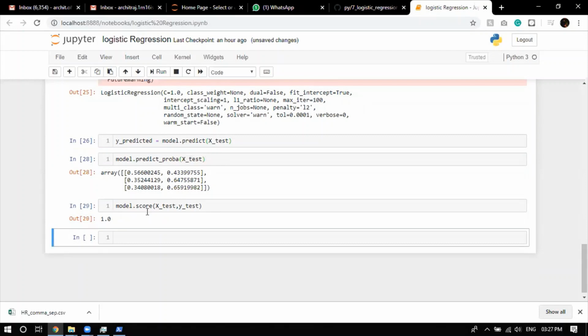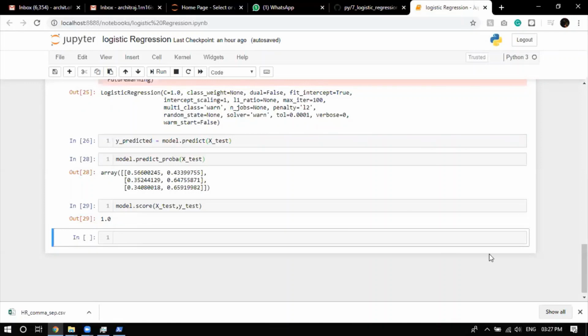Now the model score. We can see the model score is 1, which is really weird, because as I told you, the model score stands for how accurate it is. It's going to oscillate between 0 and 1. 1 means your model is 100% accurate. 0.0 means your model is 0% accurate, and you'll get a random value.